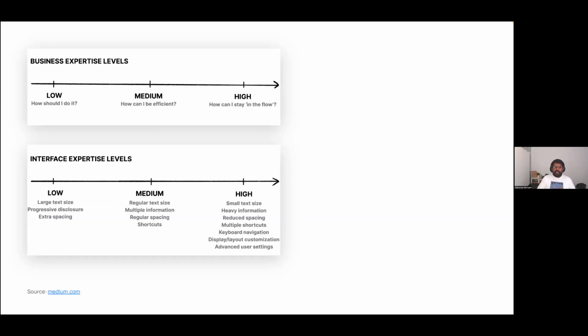So if you look at it in the graph here, business expertise has a mental model, which they build, of how they approach their task and perform their processes. When you have low business expertise, it starts with, okay, how should I do it? But if it goes into a larger flow, it's only about how can I stay in this flow. That's what they consider. If they perform a huge action, they want to stay in that flow and perform it quickly. But if you go to interface expertise,